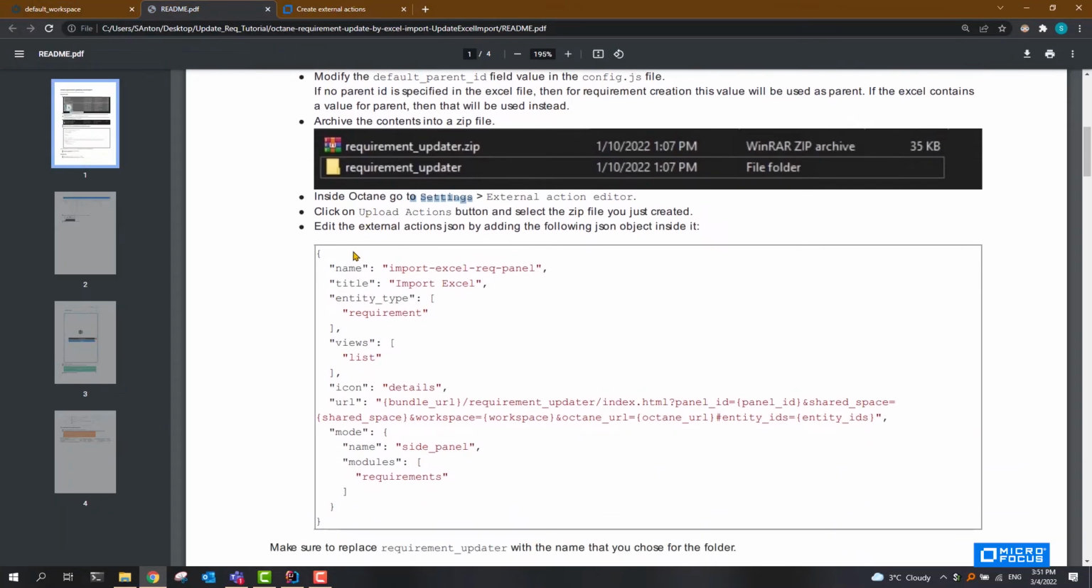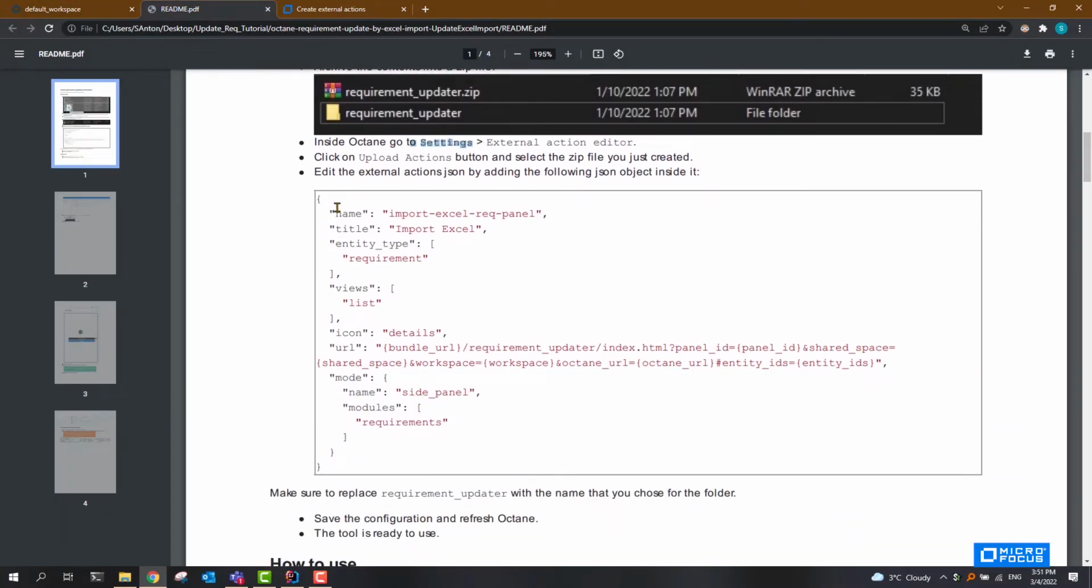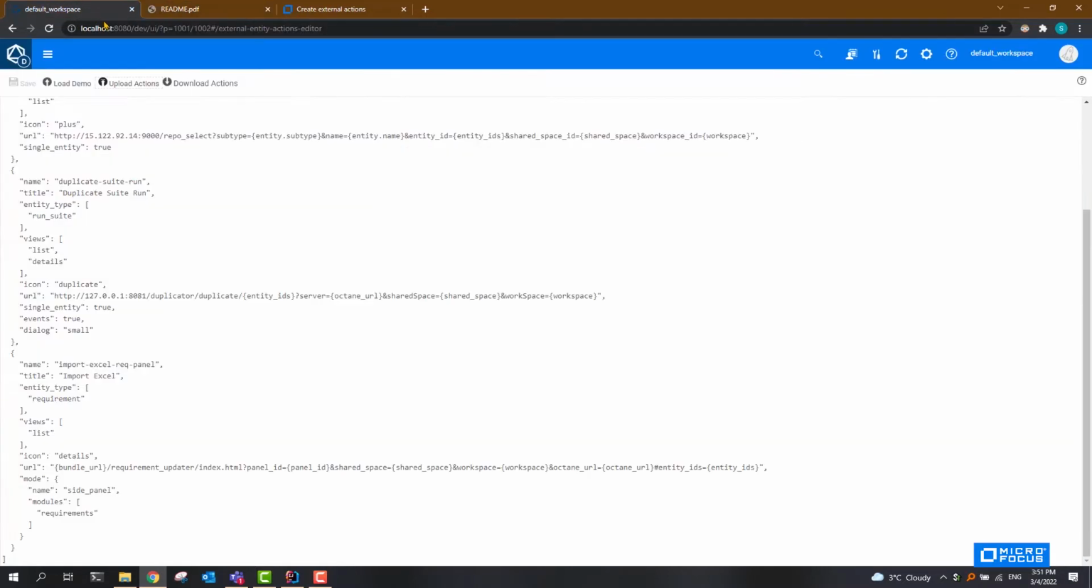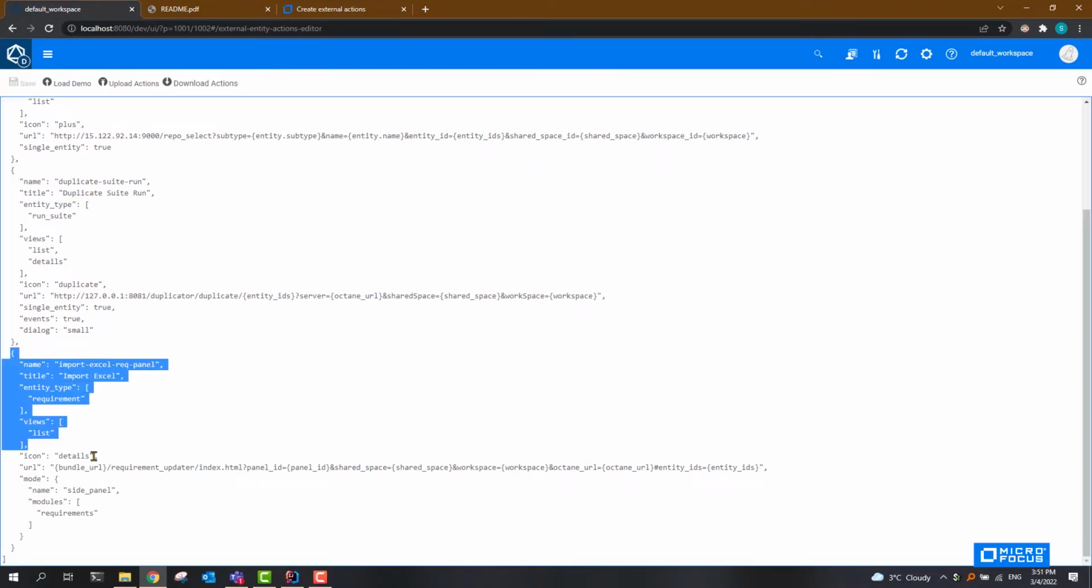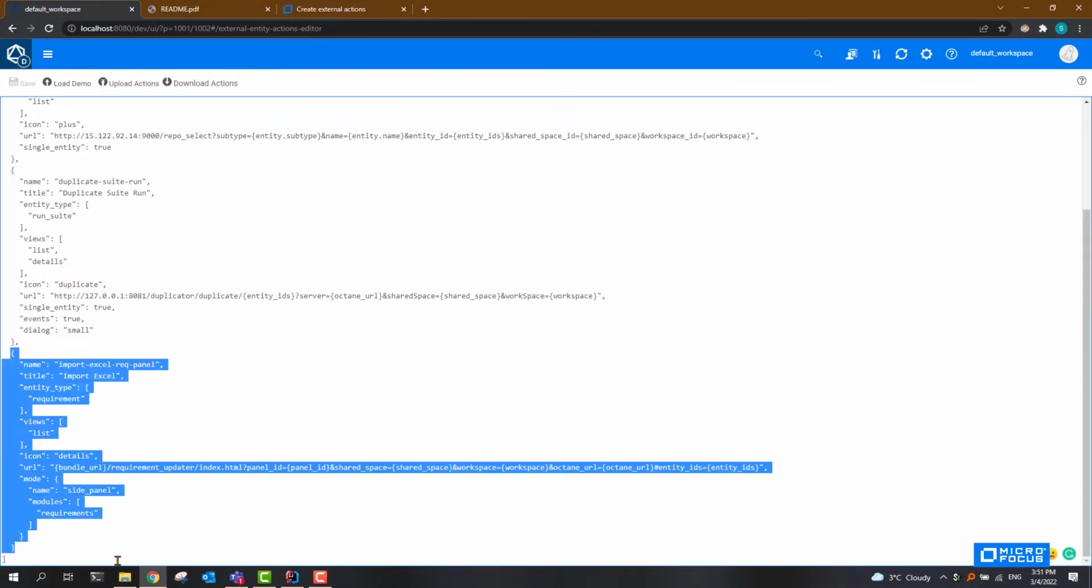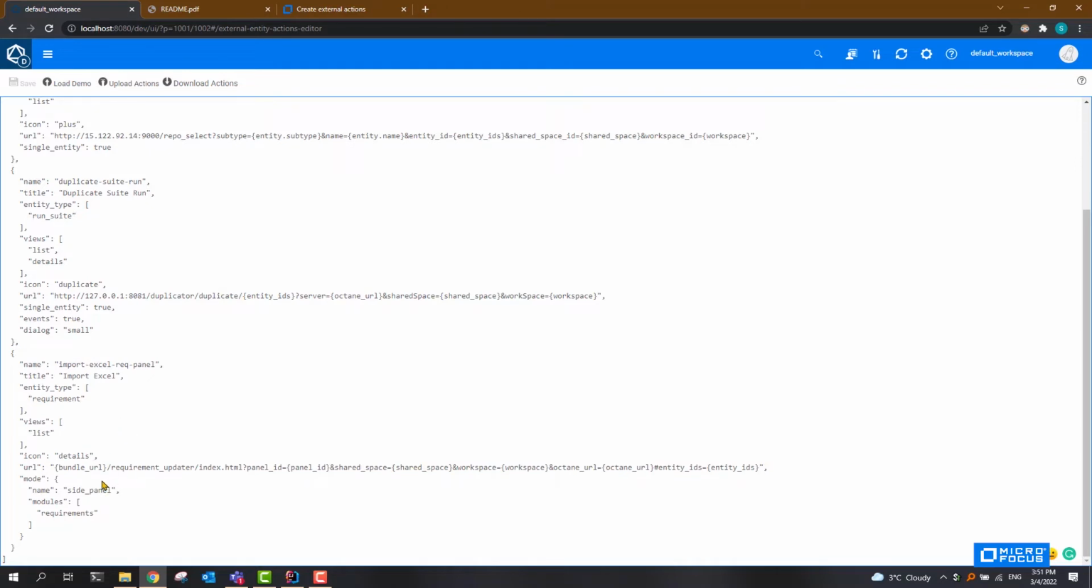And the last step is to edit the external actions JSON by adding this object inside of it. So we just copy paste it and put it inside here. I have already done that. Okay. What this JSON does is tell Octane how the tool should be displayed, what should be the title of the tool,